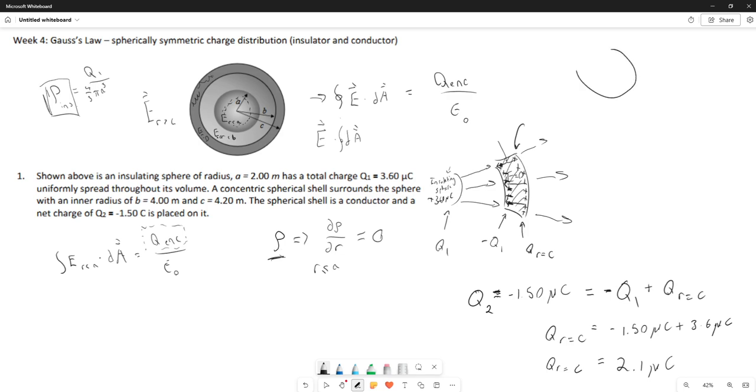So if our total sphere is here with radius A, and we have some smaller part of the sphere with some general radius r, which is less than A, then it still has charge density rho, and we can relate charge density rho